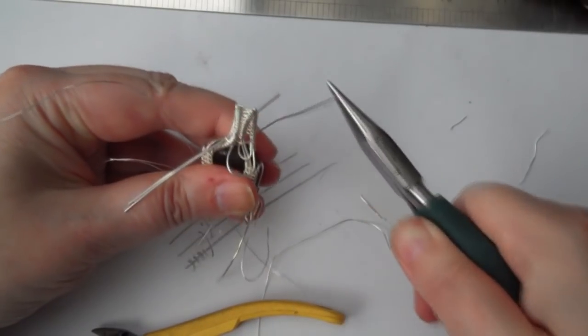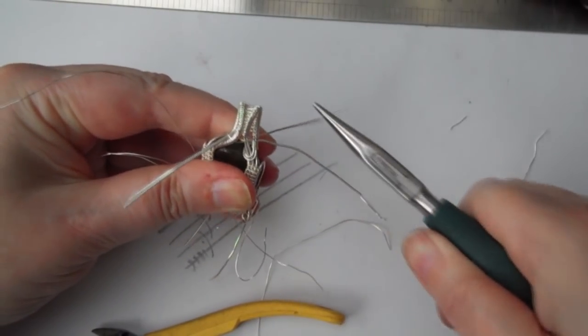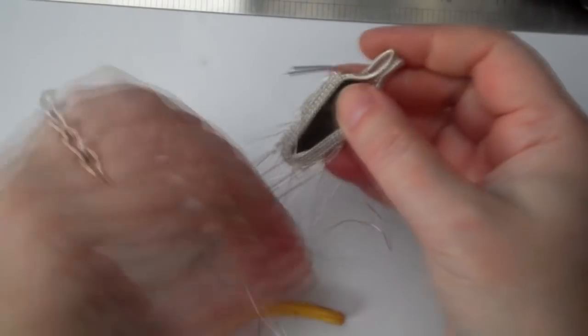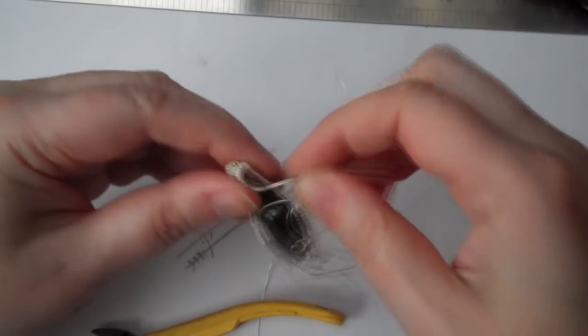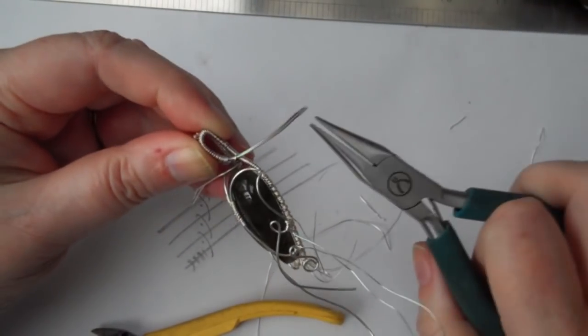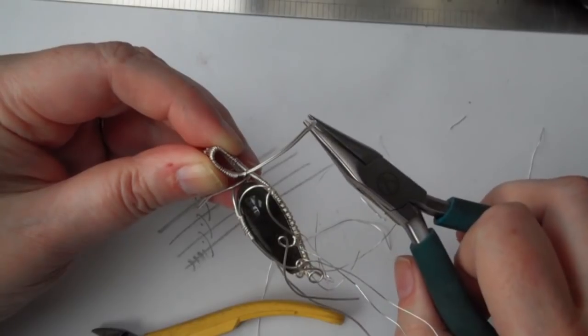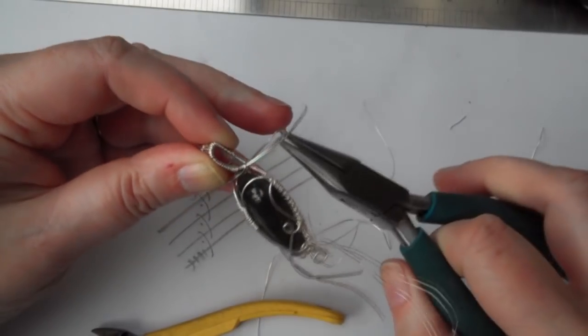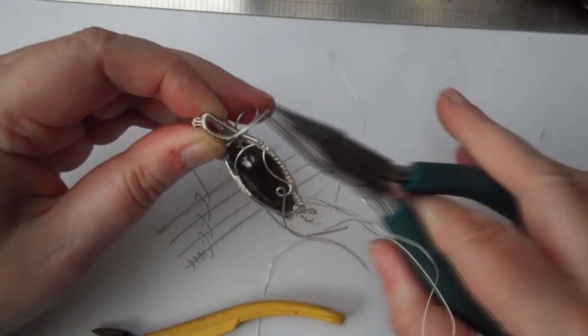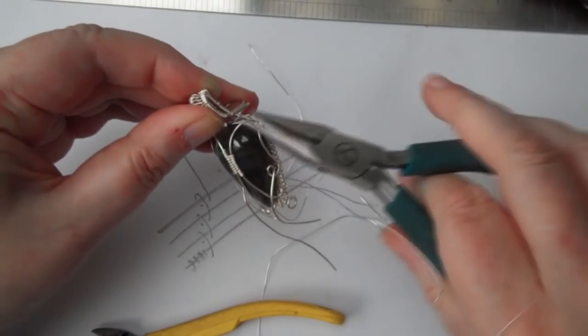Lovely, and just pull that to the front. Again, it's another layer of support, because that wire now is wrapped around those shoulder pieces, meaning that any chain that you pass through is not going to come out, it's not going to come loose or undone. So I'm just going to do the same on the other side. Pop those wires through the middle and then pull them